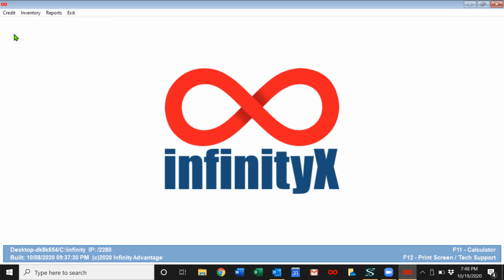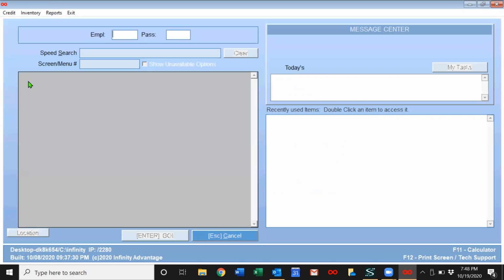There are 4 choices up to the top left. The first is credit, inventory, reports, and exit, which obviously will just take you out of the program if you click that. Reports will give you a whole list of reports that you can order. The 2 that you will use mainly are either credit or inventory, and they actually take you both to the same listing. They're just going to place you in a different part of it to let you find the screens a little bit quicker. So I'm going to go to credit, click on that,